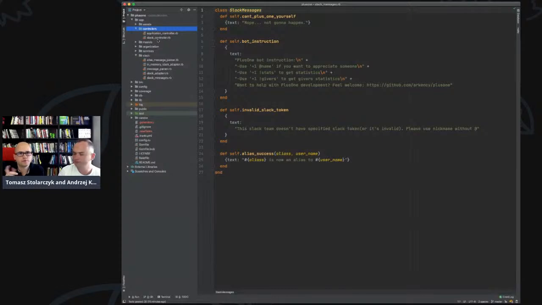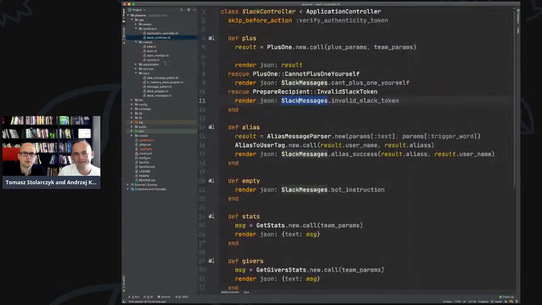Yeah, because first of all, when I saw this Slack controller, I was thinking why we are actually returning Slack messages if it doesn't have to be Slack. The integration doesn't have to be with Slack, right? But actually, the controller, because I saw the routes then that they are Slack something, right? And then we have these messages. I was thinking whether those messages are really Slack messages. If we go there.